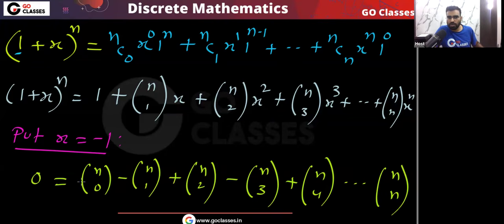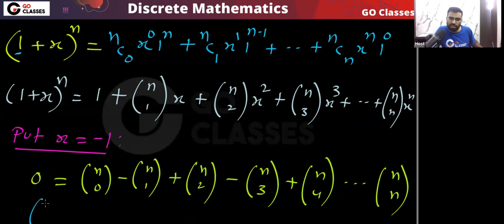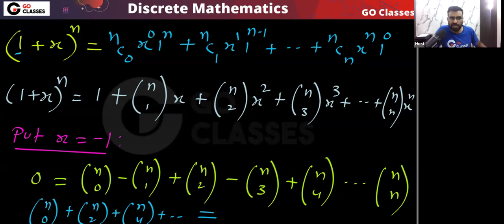Now you take all these negative values to the other side. Notice we are going to get NC0, NC2, these are the positive ones.